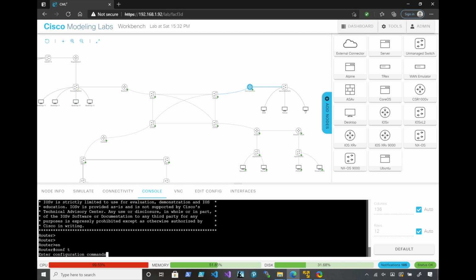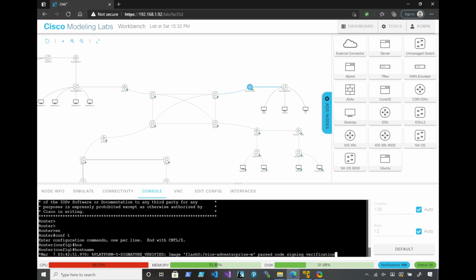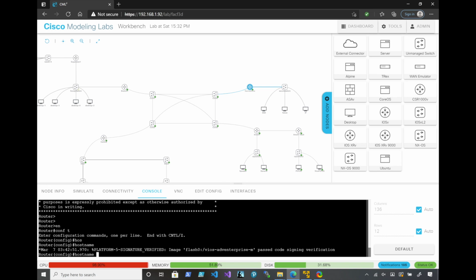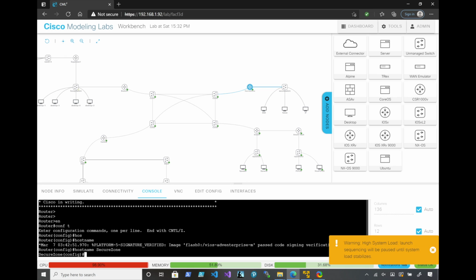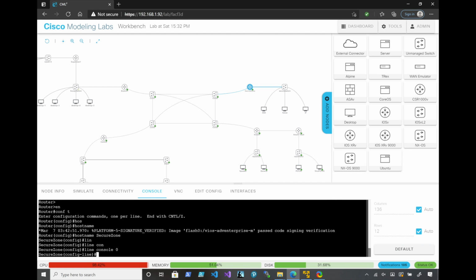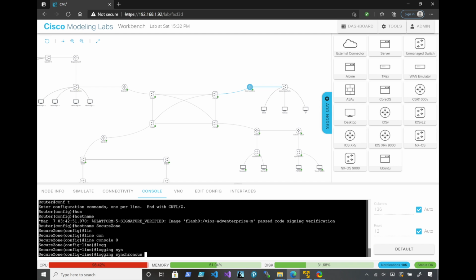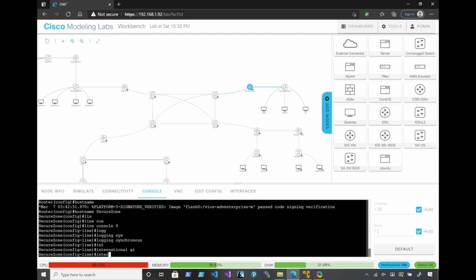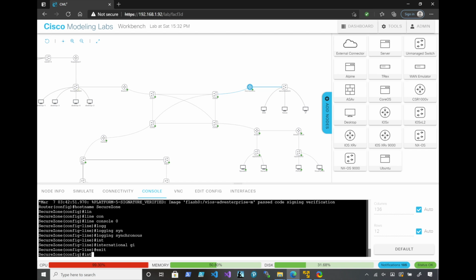And then real quick, we're going to go into the secure zone router. We're going to give it its host name of secure zone. Enter the logging asynchronous command in line configuration mode to keep our syslog messages looking clean. And then we're going to go into the interface Gigabit Ethernet 0/0, go into its interface configuration mode, and configure the IP address